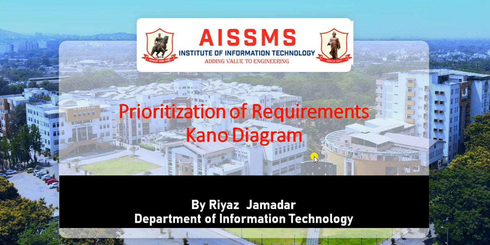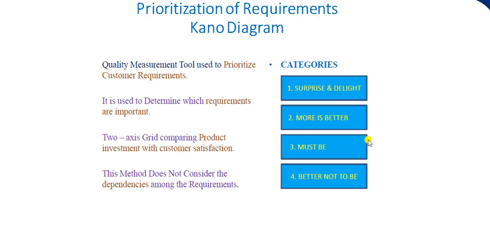You have already realized that there is a need to prioritize requirements. Whenever you have a set of requirements, which one you must implement first. Normally, whenever we come across a set of activities, we prioritize them, which one we should do first and which one we should do last. We establish a sequence. That is what we call prioritization. Now, one of the methods is the cost value approach that we have seen. The second approach is the Kano diagram.